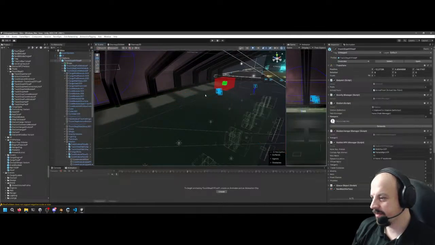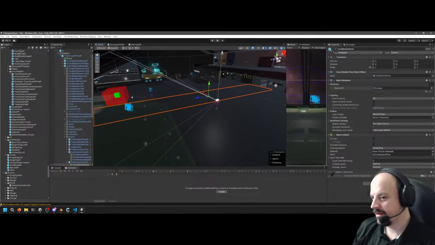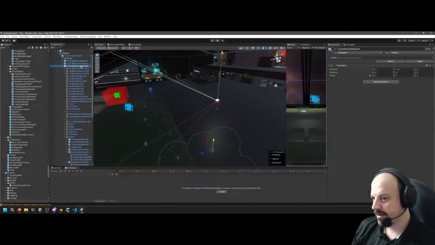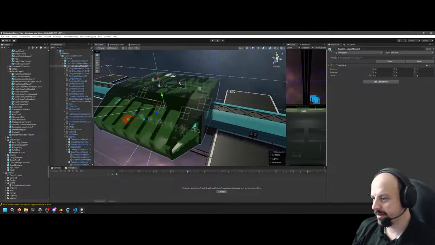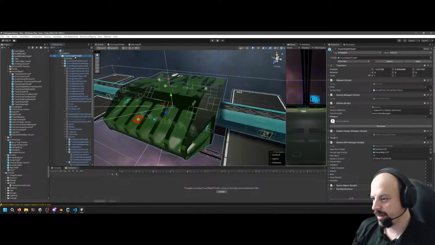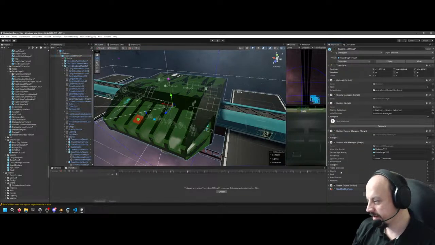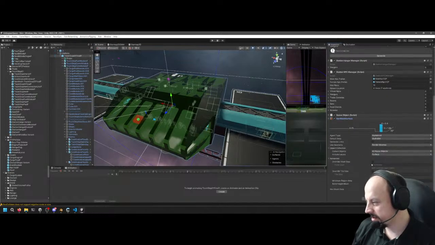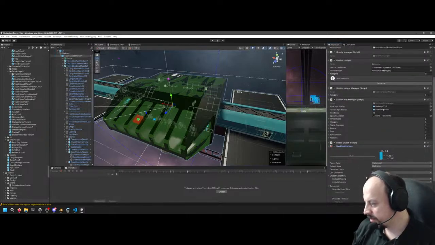Why can't we see the nav mesh? Normally, in the past, it was only visible while we had the prefab with the nav mesh selected. And now for some reason, use geometry, rendered meshes, generate links, walkable, humanoid, everything is set up here to be baked.